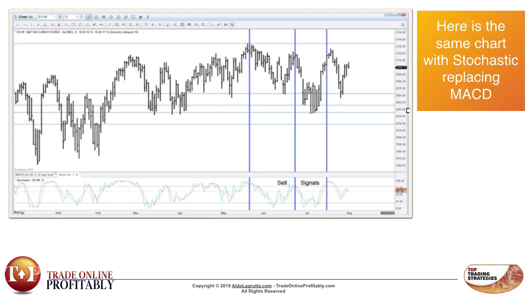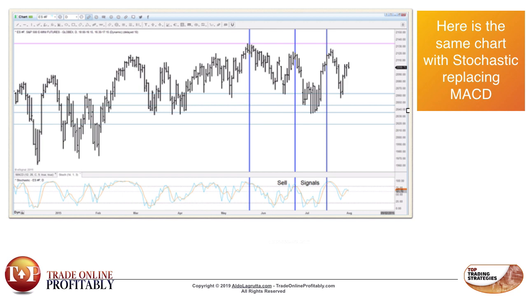Now let's look at the same chart, but with the stochastic indicator. The vertical lines are in the exact same position, but instead of giving us buy signals like the MACD did, the stochastic gives sell signals, which all led to very profitable trades. If we were using stochastic during this phase of the market, we would be extremely happy and probably confirming that